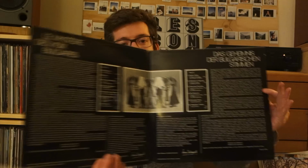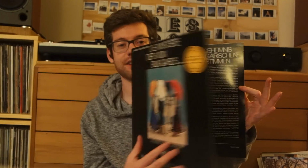This is described on the internet as one of the first records that was termed world music. You know, the scourge that is the world music genre. This is the original press, original Swiss pressing on Disques Cellier. Absolutely gorgeous, haunting,